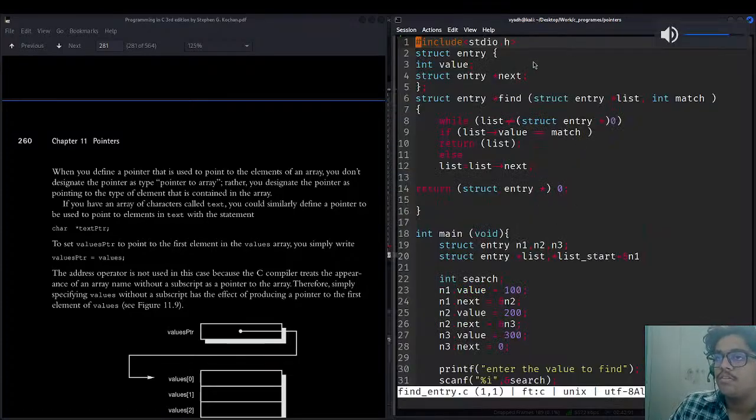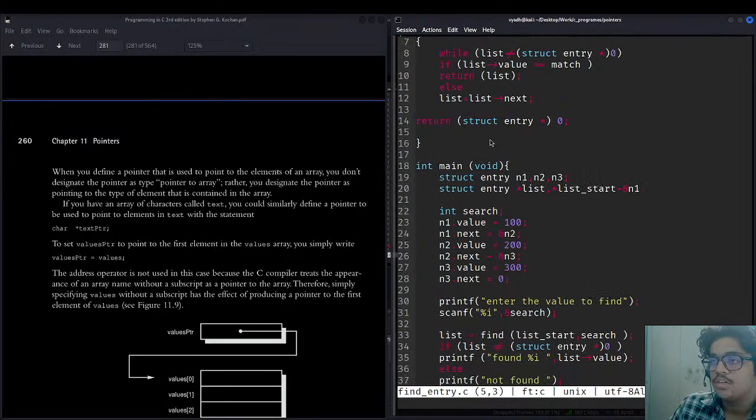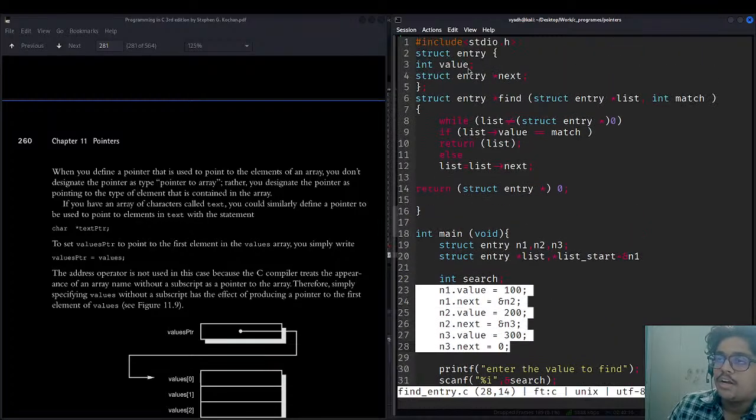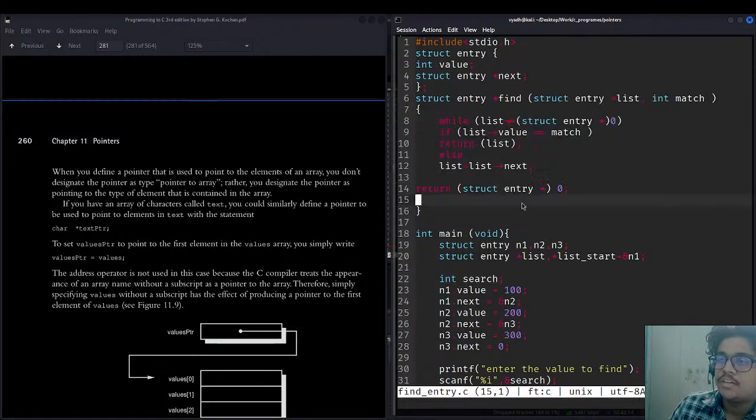What we have done is similar: the case of struct, where we want to structure a linked list, and here we have given the values. This is the null pointer. And this is the main concept of finding the right value from the linked list. Inside this, we have defined a function which is a pointer itself.